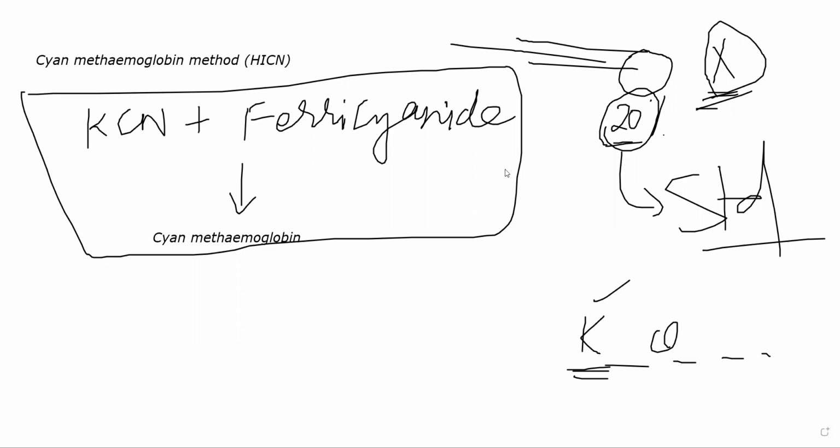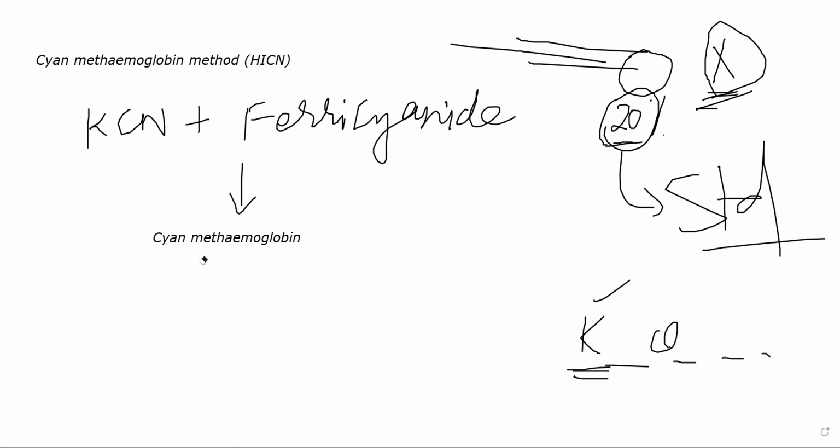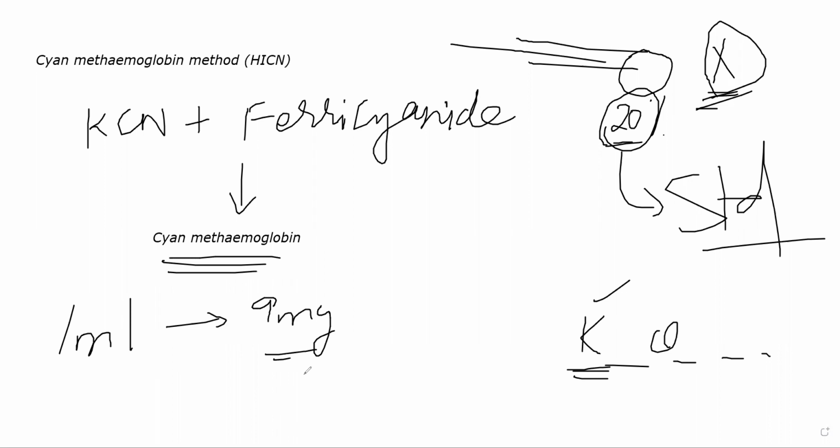ठीक है, once you make cyan methemoglobin from your hemoglobin, coming back to what we were trying to do, trying to measure the hemoglobin level in a person's blood, take a little bit of blood, add potassium cyanide and ferric cyanide into it, you will get a product called cyan methemoglobin. आप cyan methemoglobin का absorbance measure करते, ठीक है. So what you'll be able to find out is, let's suppose in 1 ml of blood of that person, how much amount of cyan methemoglobin is present. Let us suppose in this person's blood there was about 9 mg of cyan methemoglobin that was formed.